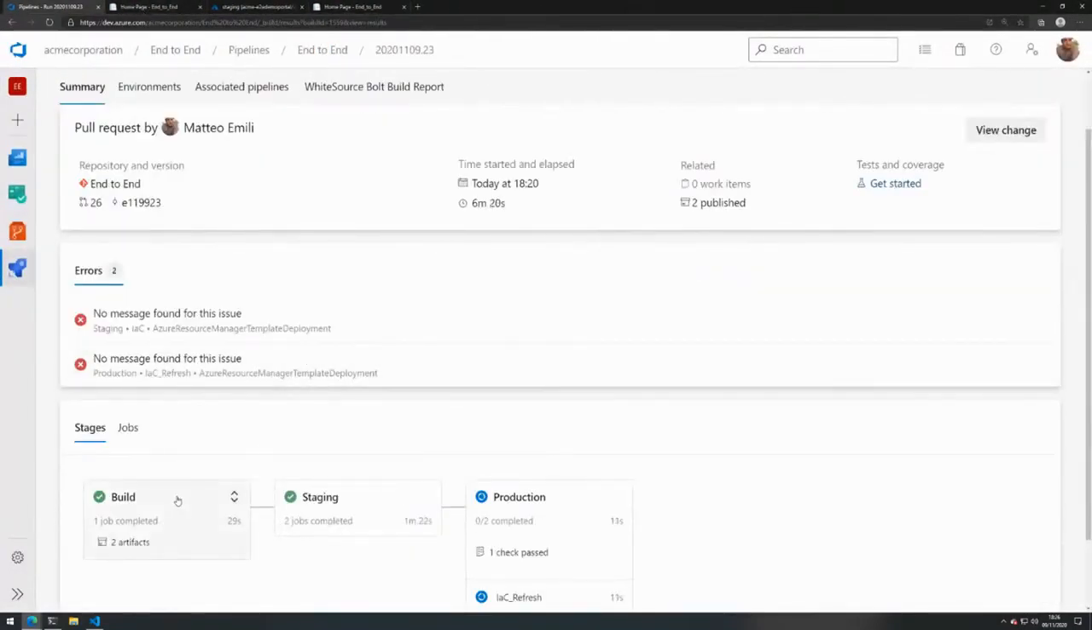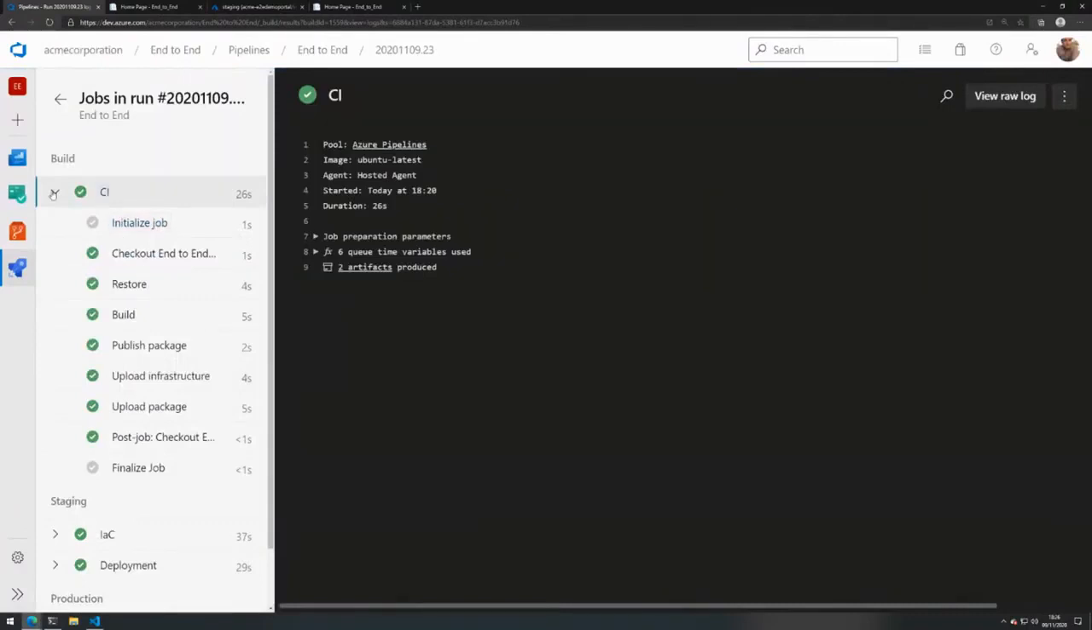Don't need that anymore. First thing, I run a CI build, straightforward, .NET Core application build, .NET restore, build. I publish my web application package, and then as a best practice, if I use infrastructure as code, I always publish